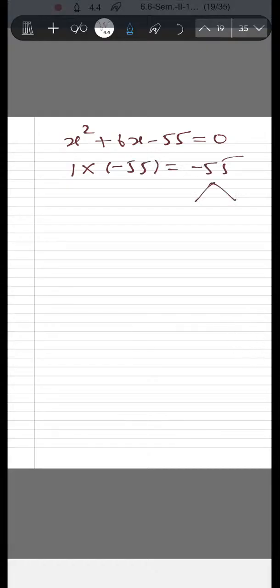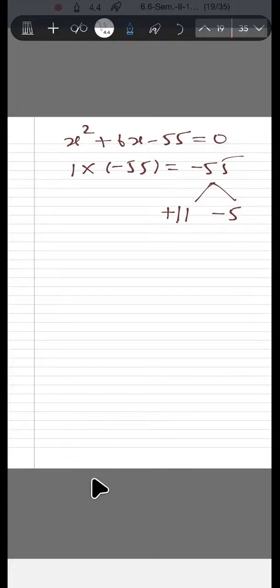We have to choose such factors which can give a positive 6 as an answer. Addition or subtraction, both are acceptable here. So see, positive 11 and minus 5: 11 into minus 5 is equal to minus 55, and when we do addition with them, we will get positive 6